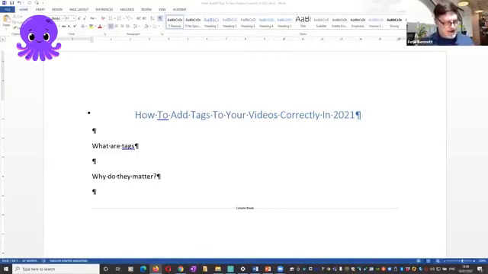So what do the tags do then if they're not for search? Well, they do have an influence on search, but they're certainly nowhere near as influential as the title. But what they help YouTube do is group together videos which are similar. Now, why would you want to have clues to the YouTube algorithm that your video is similar to either other videos that you've created or videos that other people have created? Again, I'll challenge people to stick that in the comments if you have any idea.